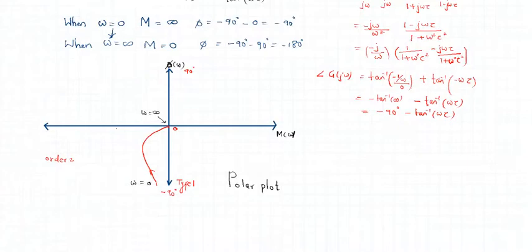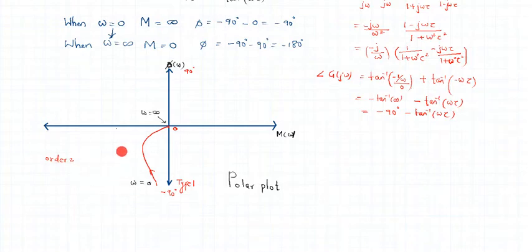As discussed at the start, what was the type and order of the system? The type of the system was type 1 and the order of the system was 2. So now we know that the polar plot is going to start at the axis indicated by type 1. Type 1 tells that the polar plot is going to start from this particular axis, and the order tells us that it's going to end in this particular quadrant itself.